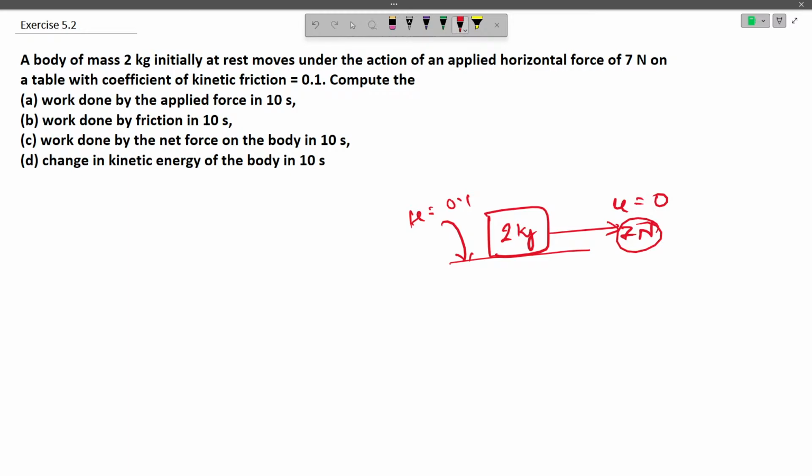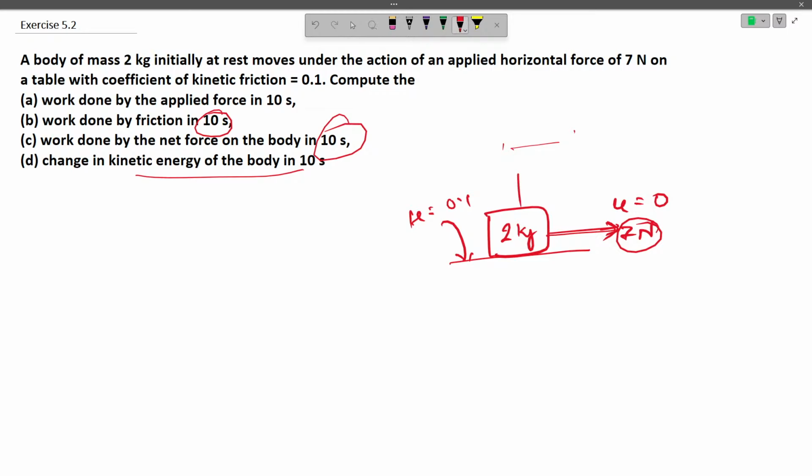Now we have to find out work done by this force, and we have to find out work done by friction, and we have to find out work done by net force on the body, and in the fourth option we have to find change in the kinetic energy of the body in 10 seconds. So we know that in order to find the work done by any kind of force, we should know the force and the displacement in that direction. So here 7 Newton is the applied force, and the opposing force is only the frictional force,